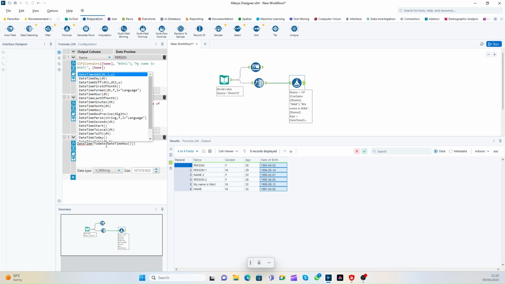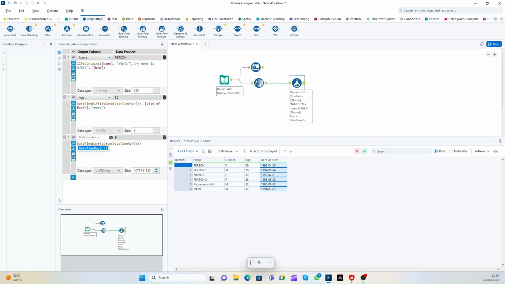Date, time, day. If I put day, today is 9, right? What if you want to print the day names, like month names like June, July, August, and the days as well? What we can do,